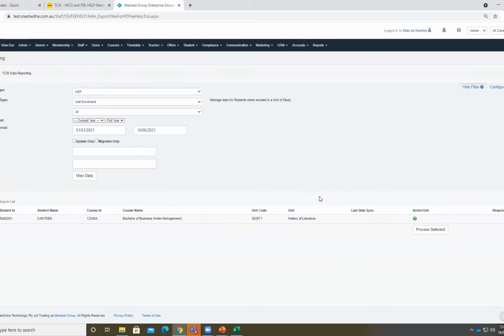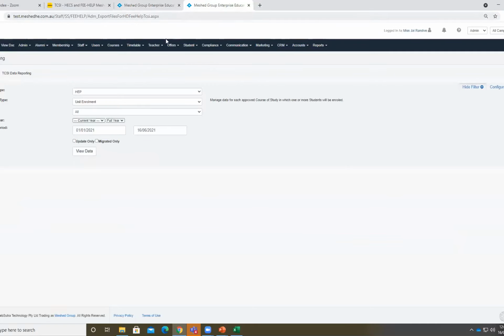Once it is reported, the last is the unit enrollment packet. Okay. For the unit enrollment packet, let me show you the student on the platform itself.